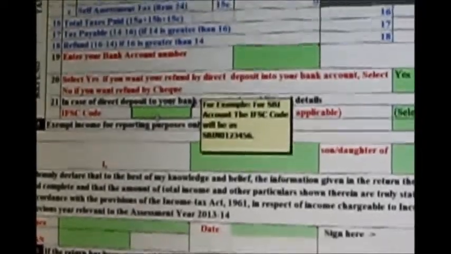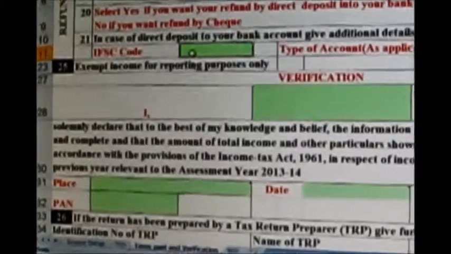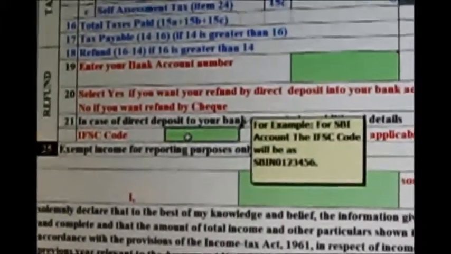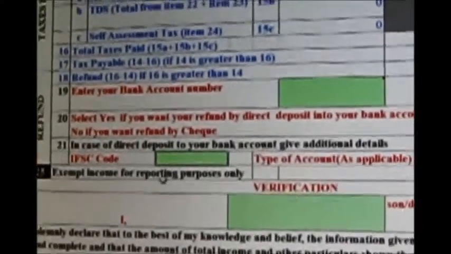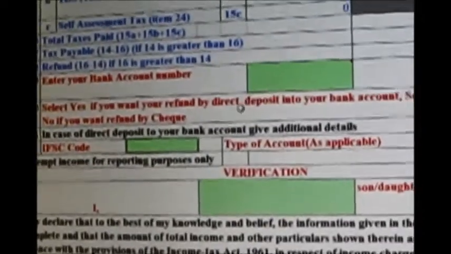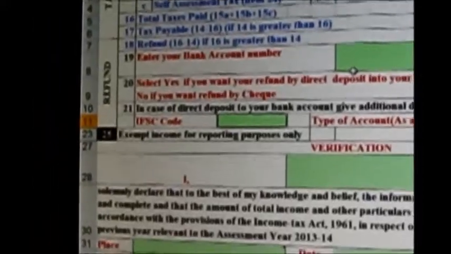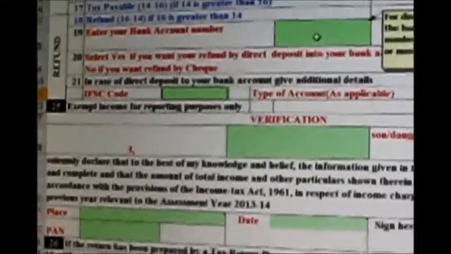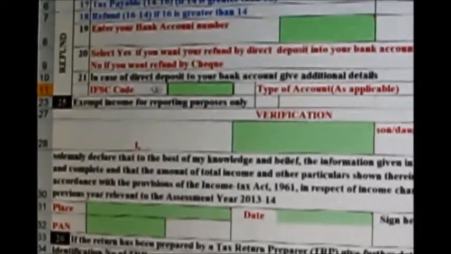And then mentioning this IFSC code is very important. Last year while I was filling this form, they were asking for the MICR number, but this time they have asked for the IFSC code. So better to fill this IFSC code, because, as you know, in net banking the IFSC code has played a very important role. Without the IFSC code number, you cannot deposit money in the bank. That's why the government has also